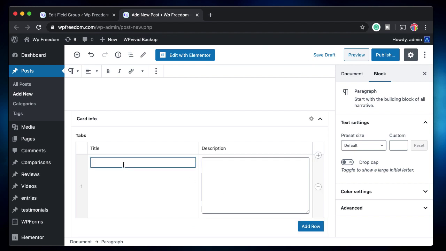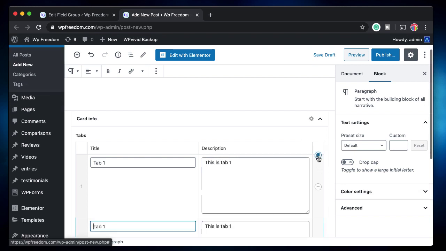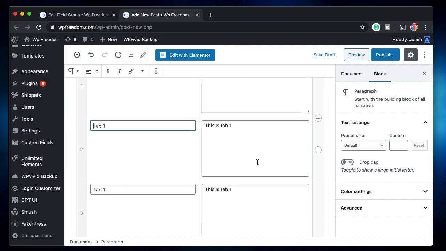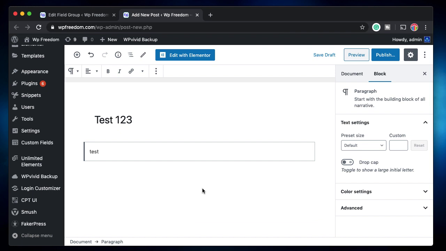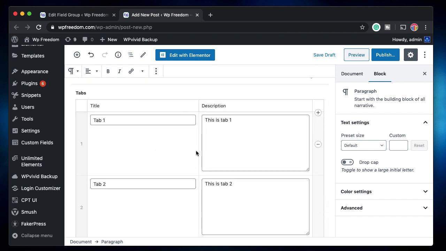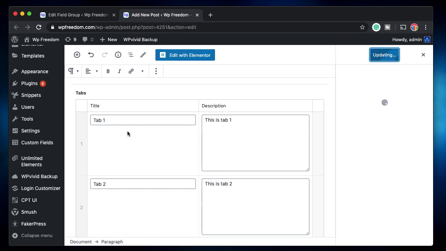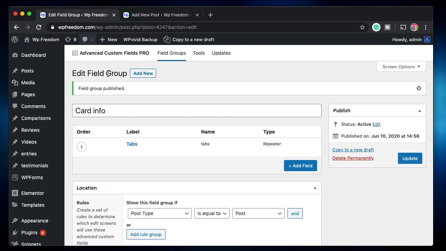I'll add a title and description. I'll duplicate this twice or 4 times. I'll just change the numbers here. So those are the fields, and you need these fields to be pulled from Unlimited Elements widget creator. I'll just hit publish. Now the post is published.